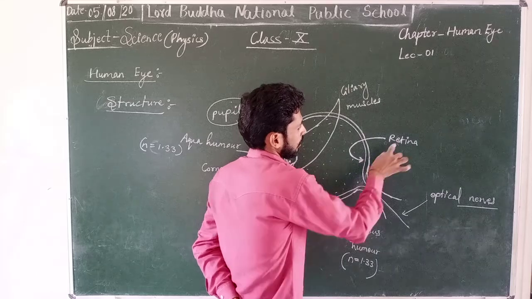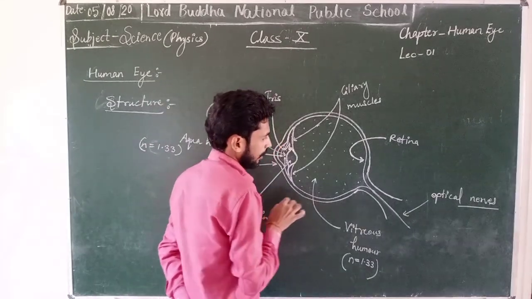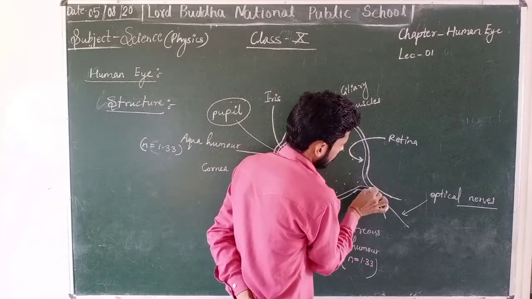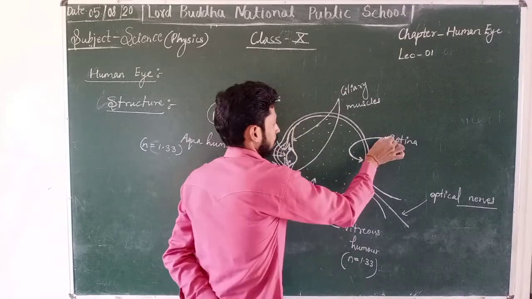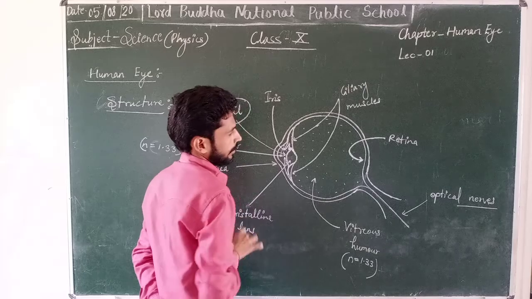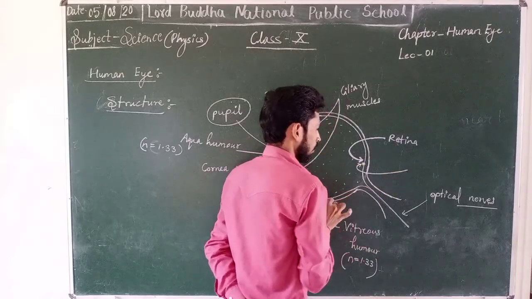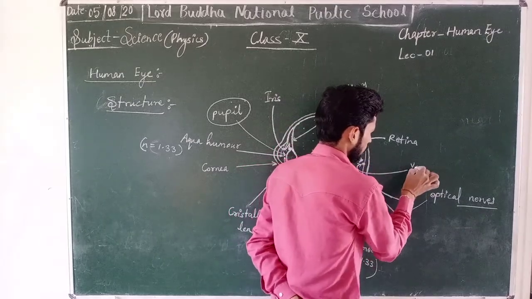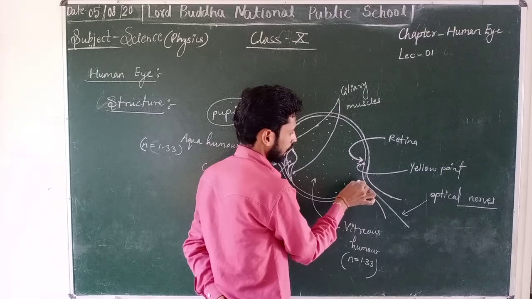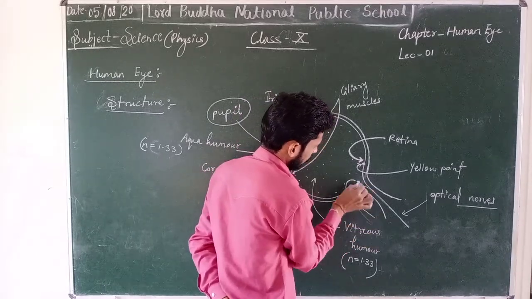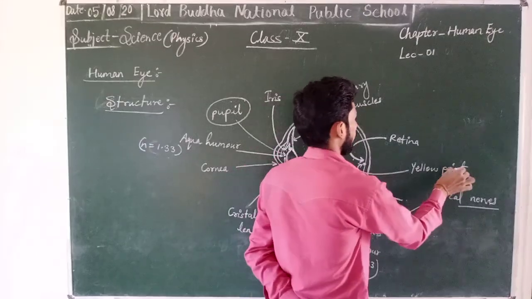Next is retina, which is able to construct the image of an object, and optical nerves sense the image of the object and send the image to the head। Now there is a point on the retina where the most clear image can be formed, that is known as yellow point, and the point at which the image cannot be formed clearly, that is known as blind point or blind spot, and it is also known as yellow spot।